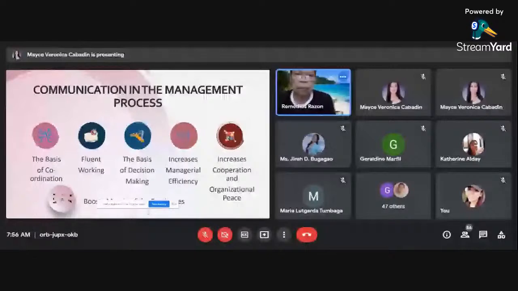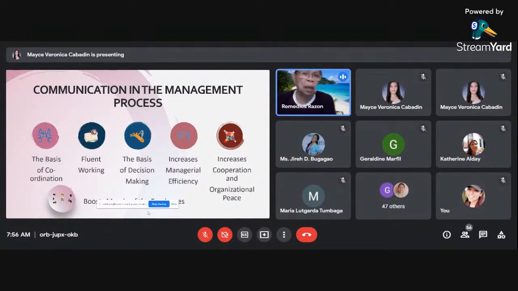Kasi kapag maganda ang pagtatrabaho ng mga empleyado o ng mga workers o ng mga teachers, nai-increase ang managerial tawag dito, managerial factors o managerial skills ng isang manager o ng isang school head.